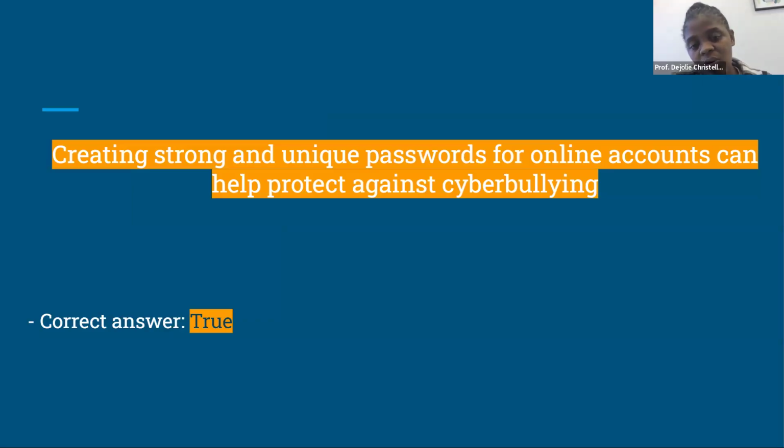Yes, the more your password is unique and strong, the more it can help you get rid of cyberbullying, because they will not have access to your computer and try to say, okay, send me 5,000 before I release anything, that kind of bullying, anything that they want to do, right? So let's make sure we have strong and unique passwords, not like 1, 2, 3, not like your birth date and stuff like that. So we study all that.